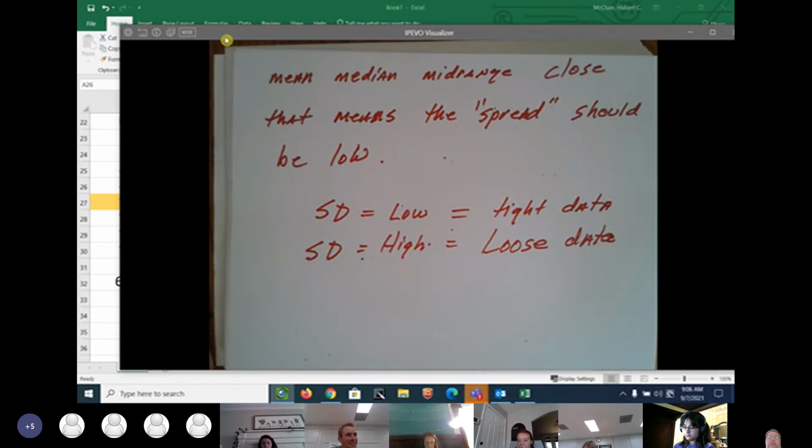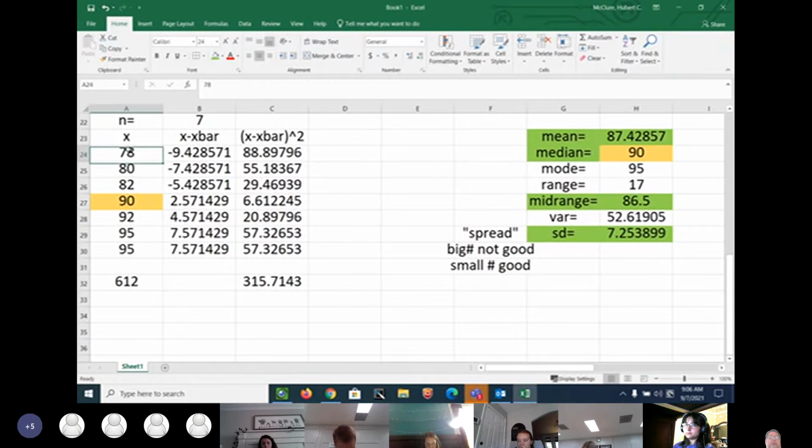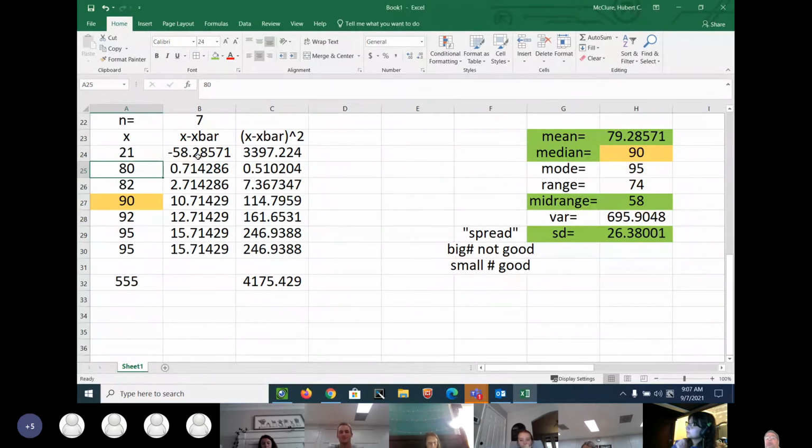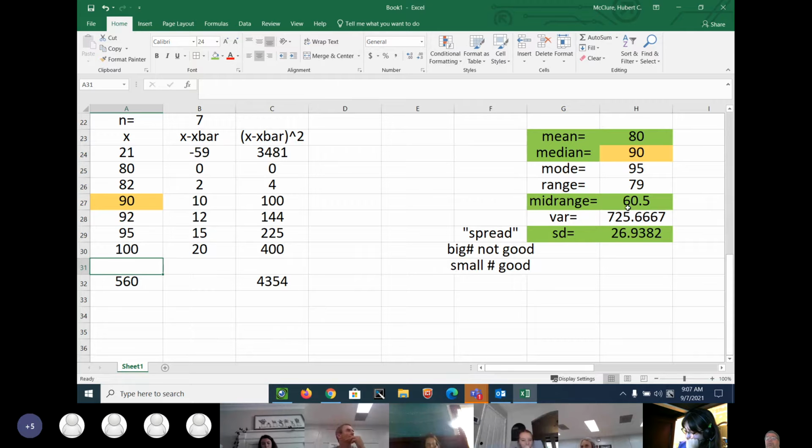So let's say you had a bad day and you make a bad grade on the first test. What if I change this to 0? Let's say you flunked it. Let's say you made a 21 on the first test. Look at those numbers now, 58, 90, 79. They're not matching very well, are they? And look at the standard deviation. This says you got a number out of whack somewhere. And of course, if you add 100 on here, it goes out of whack even more, 60 versus 90 versus 80.